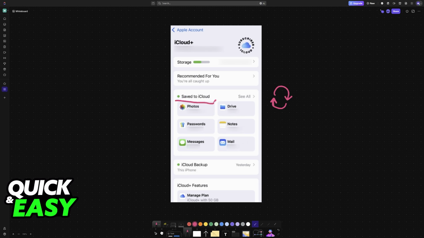As you can see, all of the data that is saved to iCloud will be available for you, including photos, passwords, messages, mail, notes, drive, and so on. And you can download all of this manually or just let the process finish automatically in the background. It is by far the most convenient option available. But of course, it is only going to work if you had previously set up iCloud backups before your iPhone